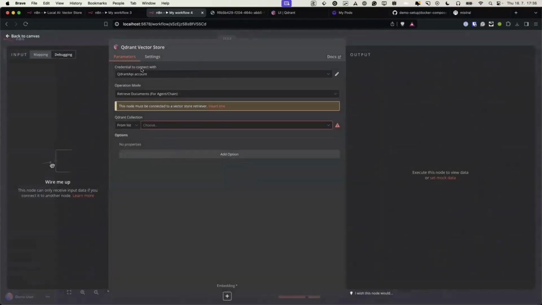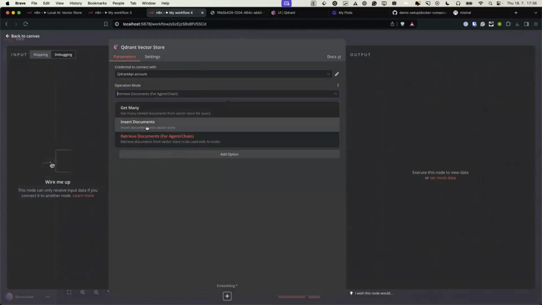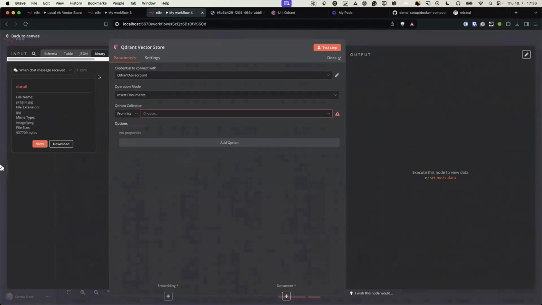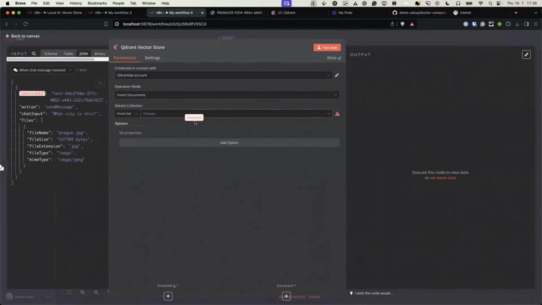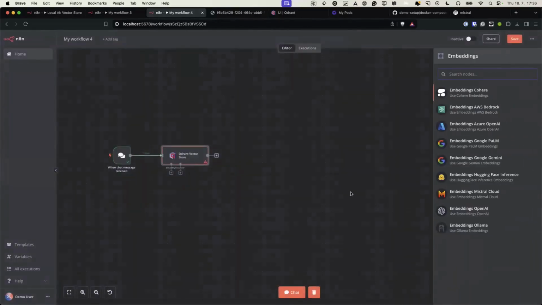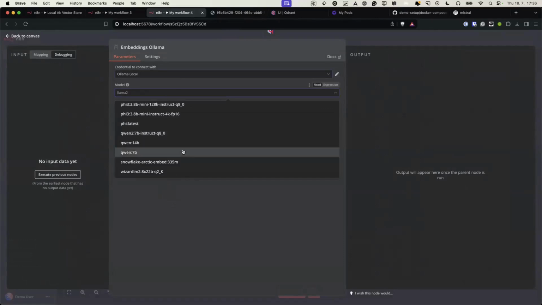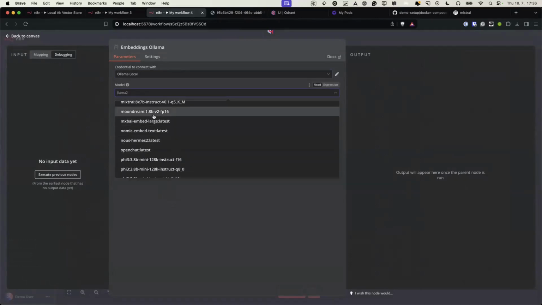So we need to change the operation mode to insert documents, like so. Then we can connect it, and we can insert the session ID as a Qdrant collection. We don't need any options right now. Then for the embeddings, we would connect Ollama embeddings here. Select the credentials. That will give us all the models that we have. And let's use this mxbai-embed-large